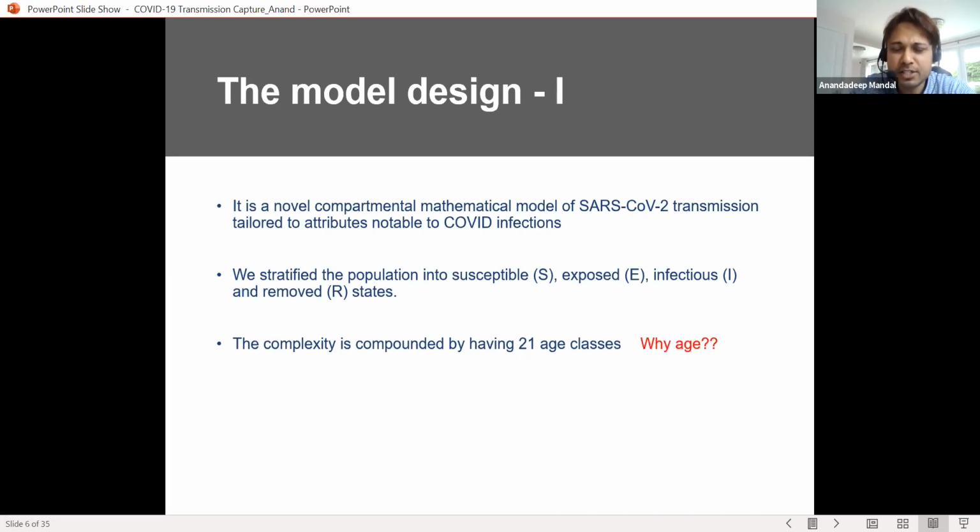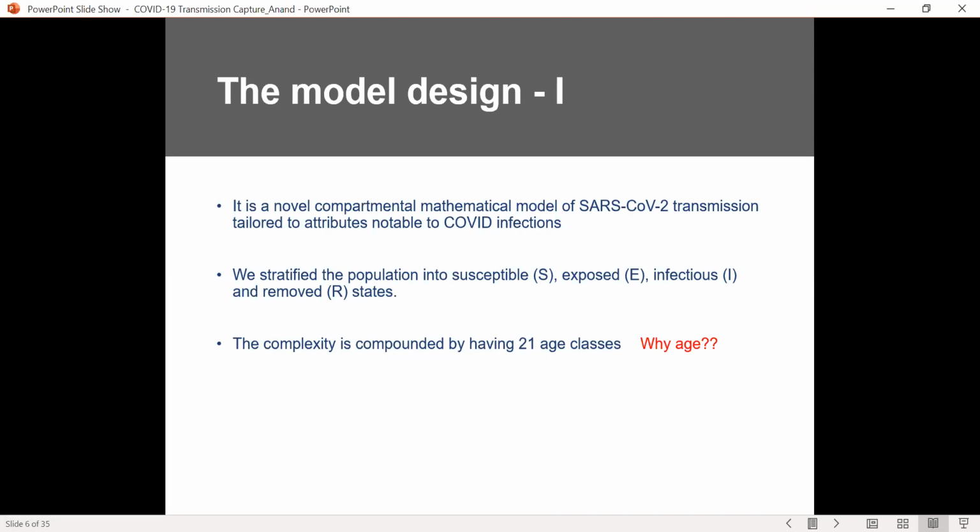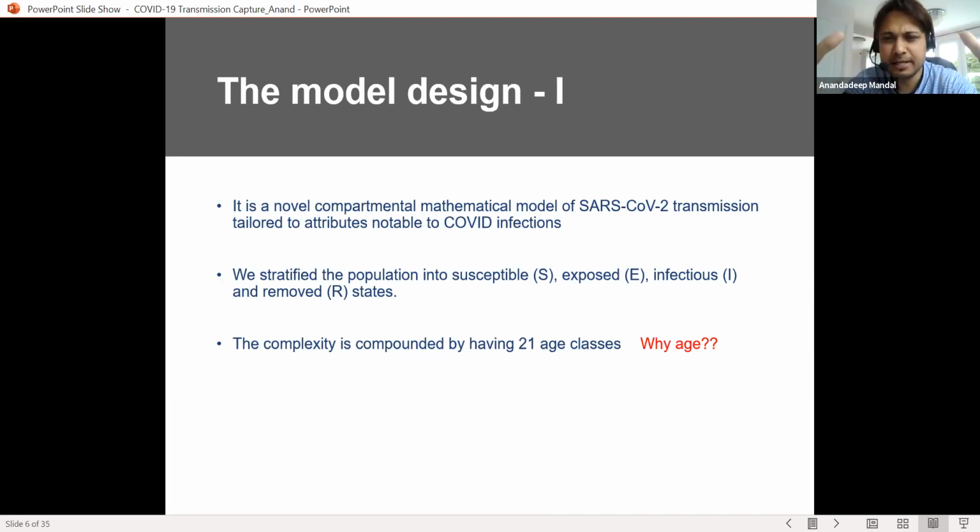Now, you might ask why age? The team which was developing this, there were various teams across the UK developing this, and since we are in the Midlands, Birmingham is the second biggest city of England anyway. So the University of Birmingham and Warwick collaborated. There were about 10 people and 2 leads. I was one of them, and we also had a huge chunk of doctors, critical care consultants.